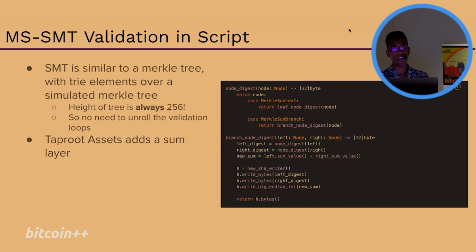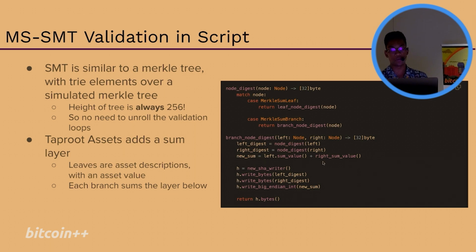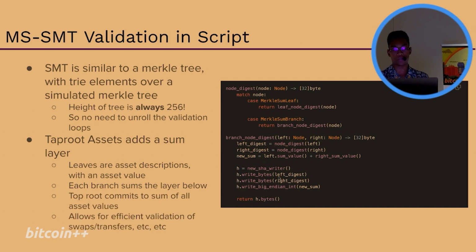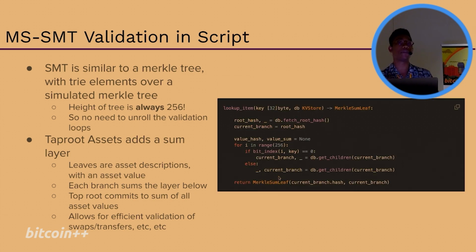And then this is, in some ways, like on the right here, sort of how the structure works, where you're basically hashing these two, or summing the two values, and then putting that into the digest itself, and it's based on whether you're a branch or a leaf. And one other thing, because it's like a trie, the way you do the lookup is that you're going to be looking at the individual bit on every single one of the keys, right? So each of the keys is 256 bits, right? And you're going to be looking at the initial index to decide if you're going to go left or right. So if the bit is 0, you go left. If it's a 1, you basically go right.